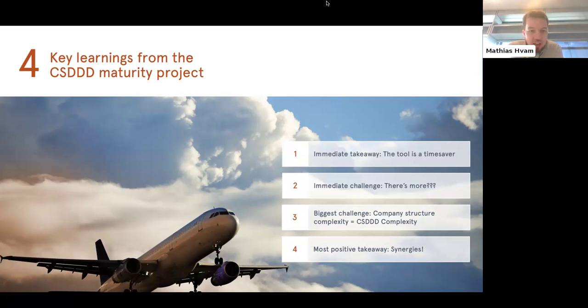Some key findings here. The most immediate takeaway, I think, is that the tool has for sure been a time saver for us. Something we learned through our first year of CSRD reporting was that it takes an immense amount of time to just fully understand the directive and its wants, needs, and objectives, and translate them into a more local company language that you can work with, not only being a CSRD expert, but being an SME located in different departments across the company.